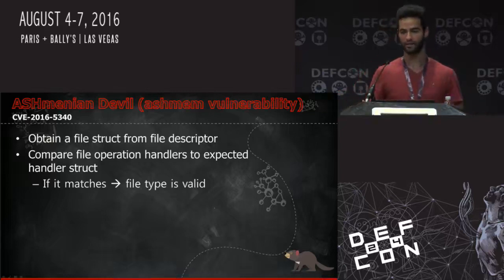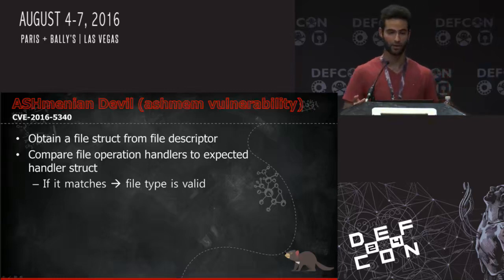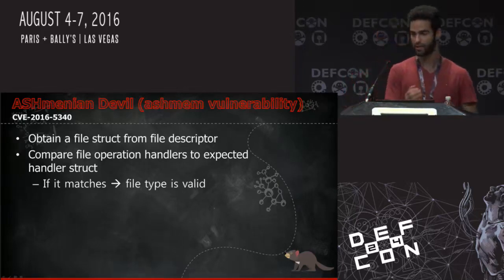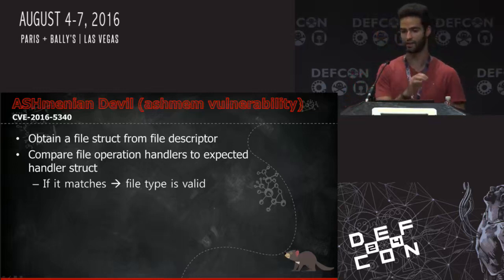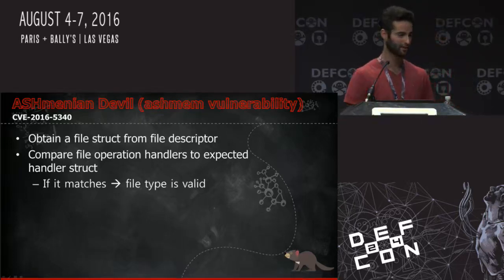So in order to determine their type, each file has a specific operation handler. For example, let's say that we perform a write operation on a socket file. The behavior in comparison to a regular file is obviously different. So we simply have to check the handler of the specific operation, and then we know the type of the file. So Qualcomm decided to reinvent the wheel, and the way that they checked for a file type